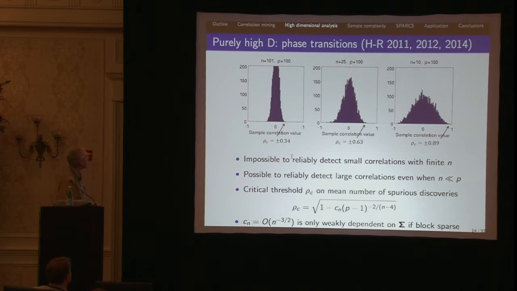So the problem that we're facing is one of phase transitions in the estimates of the correlations that exceed a given threshold. So let's say we choose a threshold, in this case for an IID set of Gaussian variables. So there are no edges in this graph. None of the correlations are real. And so any correlation you detect, so any value of this histogram other than a correlation equal to 0, is a false positive. And if you start to reduce the number of samples successively so that you become as few as 1/10 of the total number of variables, you're effectively in a very squeezed area where all of your positives are false positives, right? So these critical thresholds are things that we've derived in our previous work